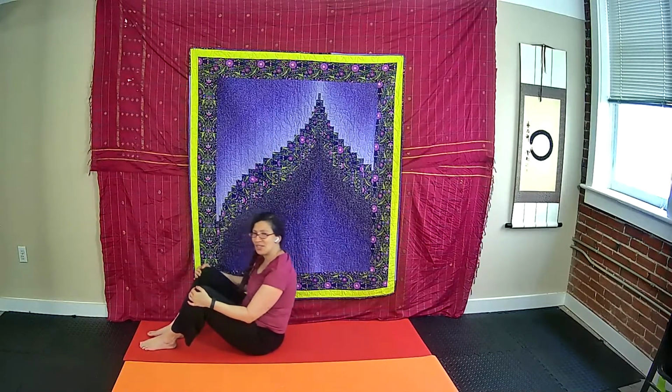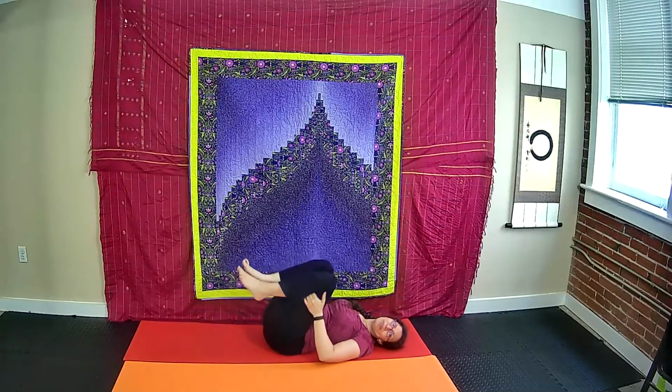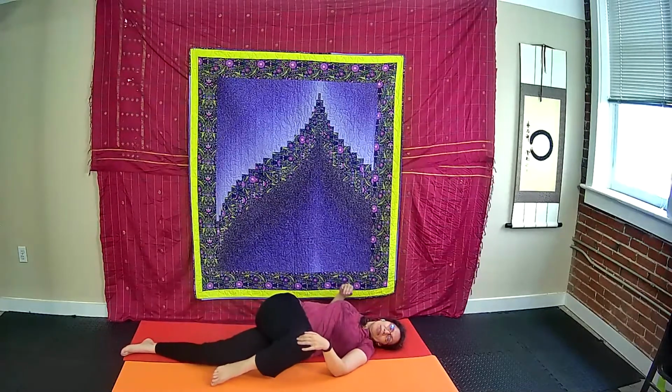And place your feet back onto your mat and roll yourself down onto your back. Bring your knees into your chest and draw little circles. Your right leg goes long. Left knee comes across your body. Roll over